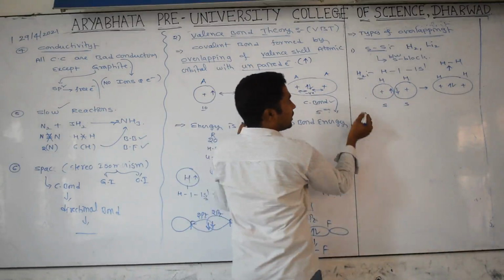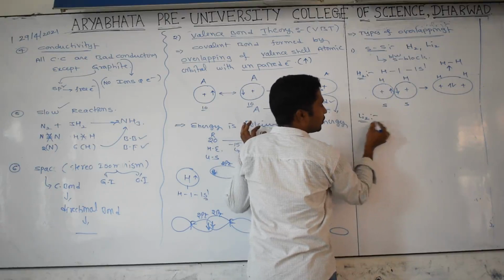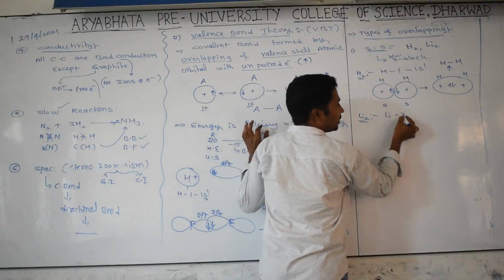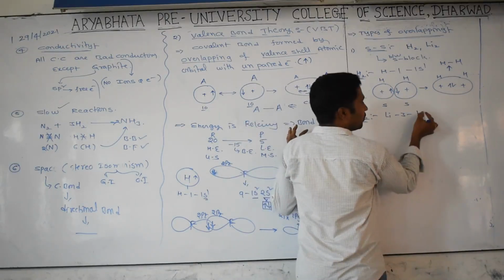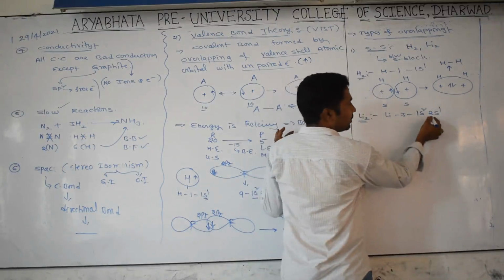Can we write one more, Li2? Li2 is there. Okay, check it. Li, atomic number 3. Configuration 1s2 and 2s1. So now check it. So which one is